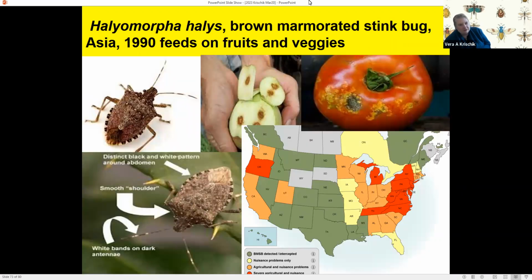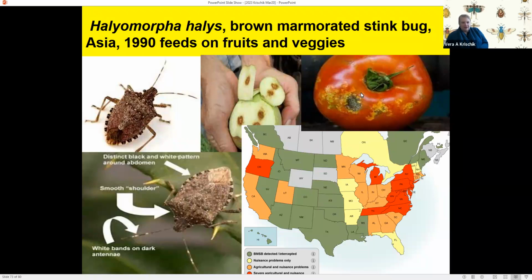And here is the brown marmorated stink bug. I've already found three coming out of the walls in my kitchen. They've appeared on the windowsill. I squashed them. There is a native stink bug that's a good stink bug. It's a predator, but it has spines. It's called the two-spine stink bug. So if you see a stink bug without any spines, and it has this distinctive pattern like a Japanese beetle, dark and light,